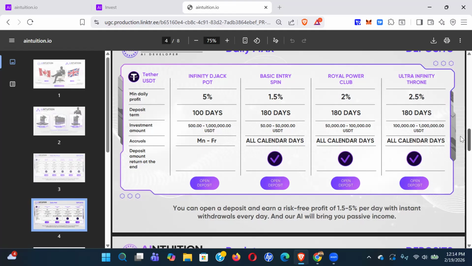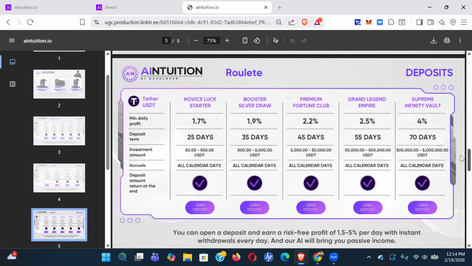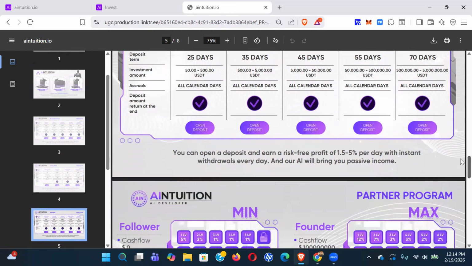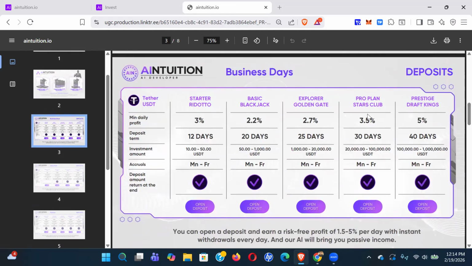Right? This one's 100,000. Then you have these roulette ones, right? So a little bit different as well. So you figure out which one makes sense for you, and which one you want to get into. I'm probably going to jump into this one right here, only because